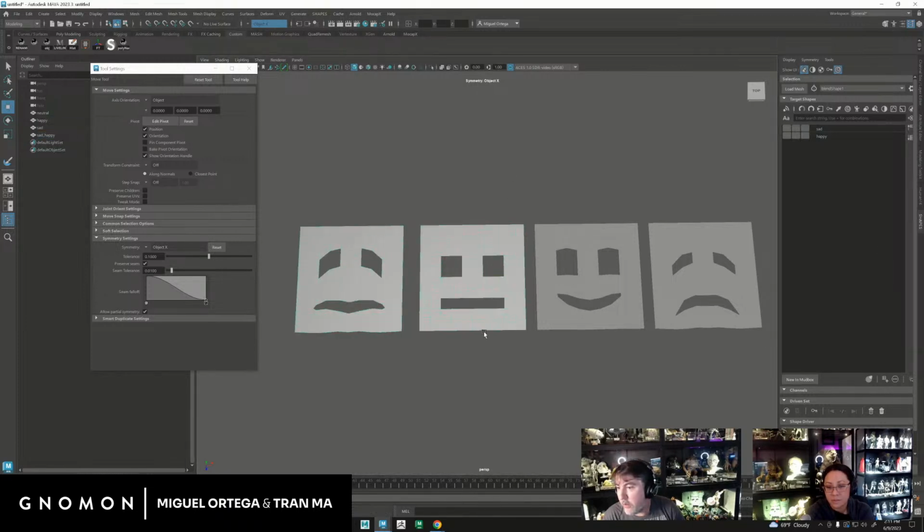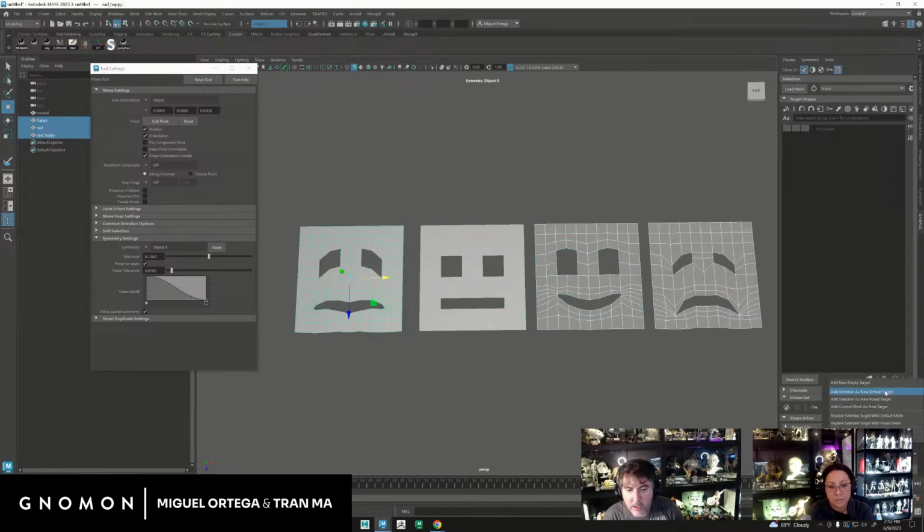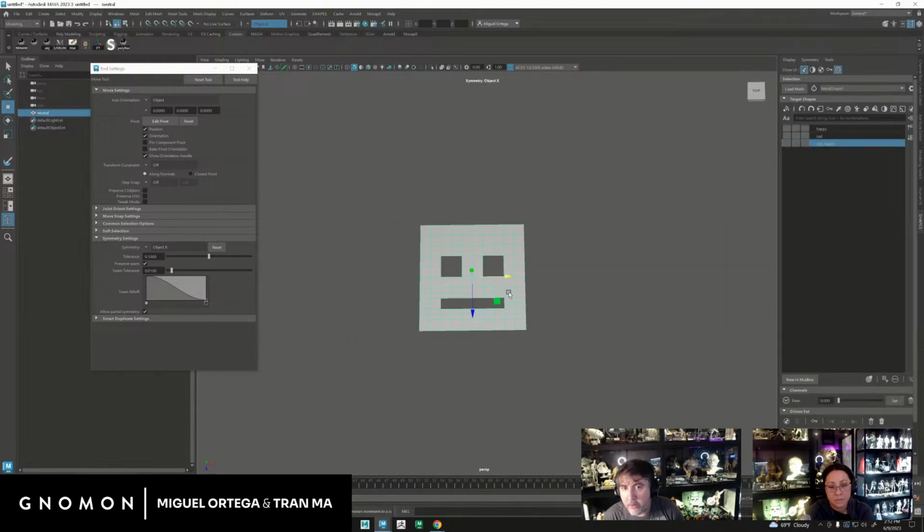Okay. So I'm going to delete the history on this guy, and I'll just load the mesh again. So I'll select this guy, and this guy, add as default targets. So now they're all gone. So you can see if I select this guy, there he is. If I select this guy, there he is. If I select them both at once, they get broken. And if I get this guy, and add a combination shape,